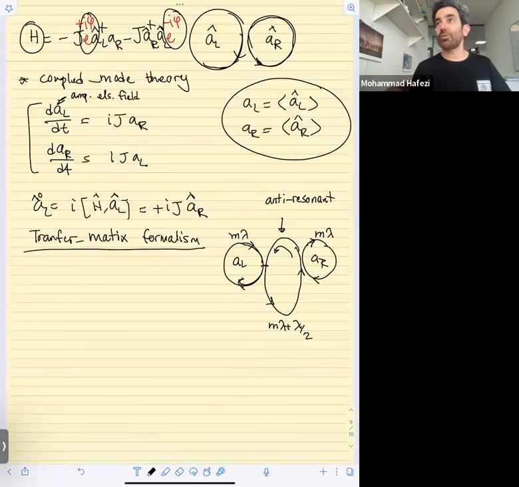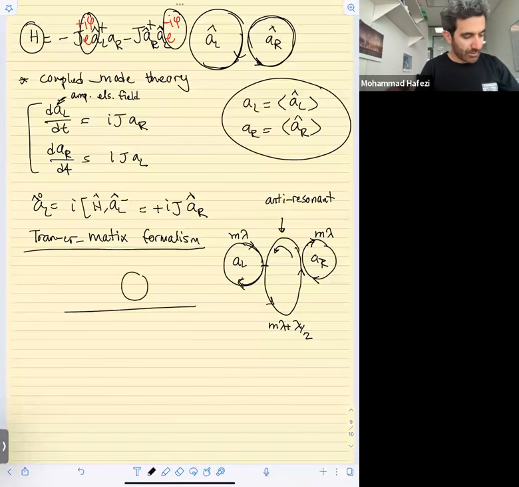Here I just use coupled mode theory because it's a little bit easier. But I suggest that you go and do the transfer matrix theory. Okay, so in the coupled mode theory, if I have a resonator that is coupled to a waveguide,